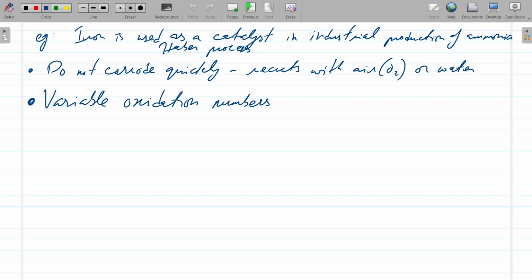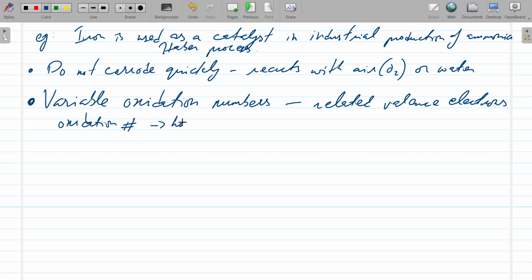Now the variable oxidation numbers. What do we mean by that? Okay, so the oxidation number is how many electrons an element can gain or lose, right? And so that is related to the valence electrons, or the electrons in the outermost shell. So the oxidation number, let's put a hash over there for number, is how many